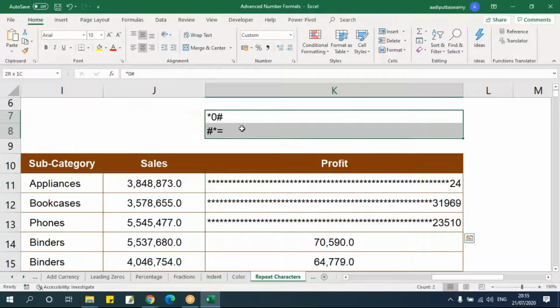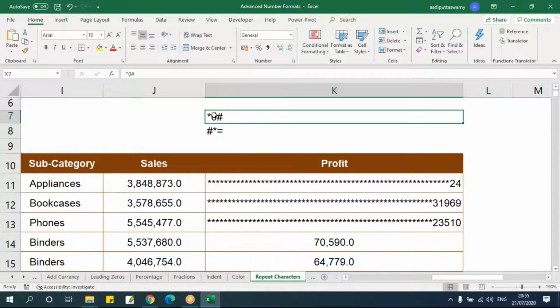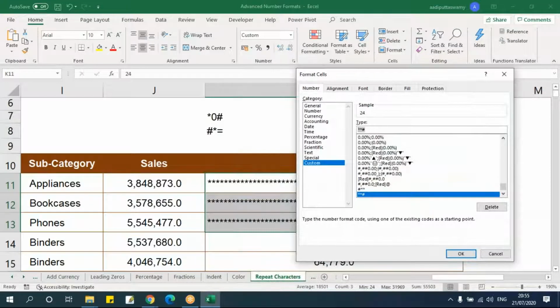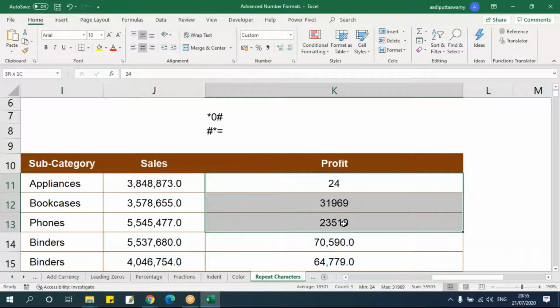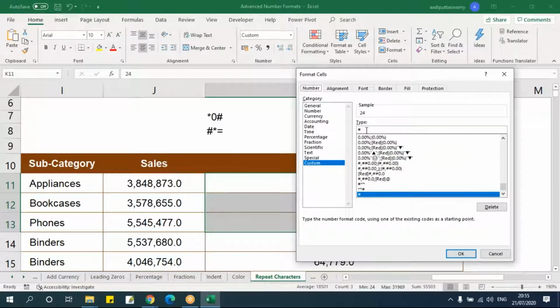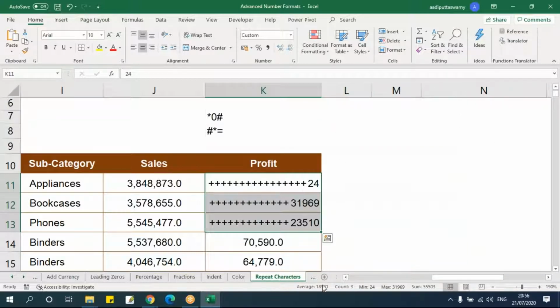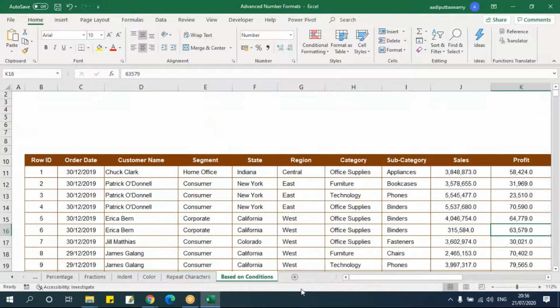That is by this simple format. So you have to think whether it should be in the beginning or in the end. To remember this, just go here, put one hash first. Just put a hash. This is for the number. Now you decide whether you need to prefix or suffix. If I say prefix, then go here, put it in the beginning. Put one star followed by what you want, prefix, say plus or whatever. See, like this. So like this you can give any character and fill the cells. This is another way of formatting, repeating the characters.